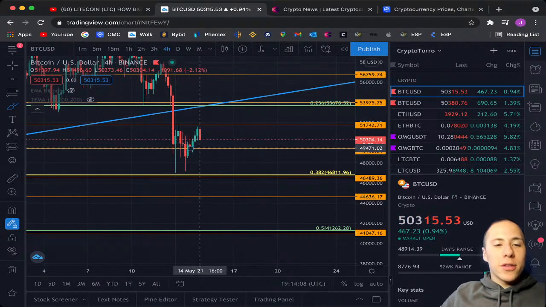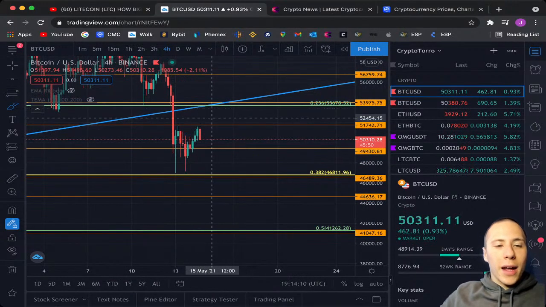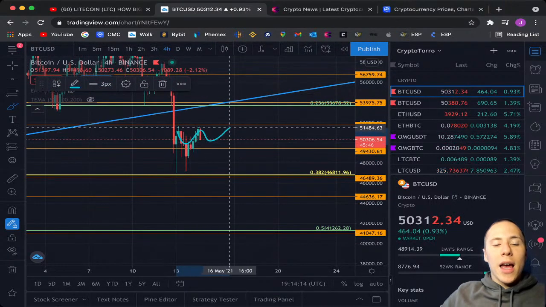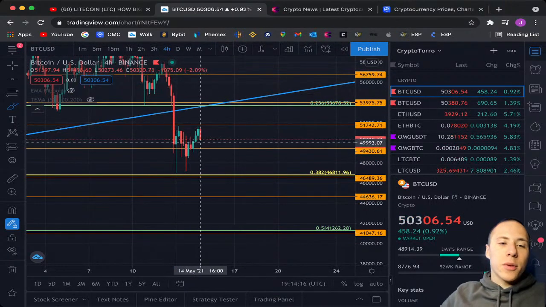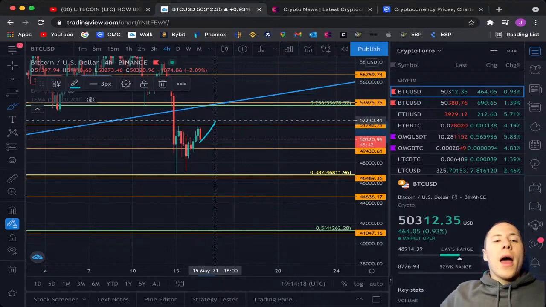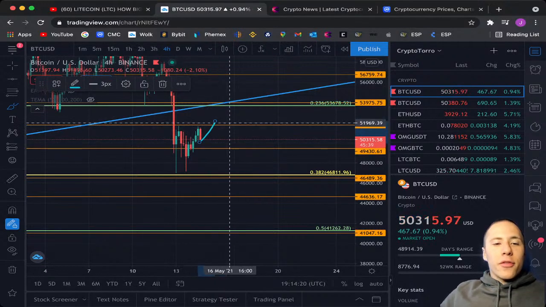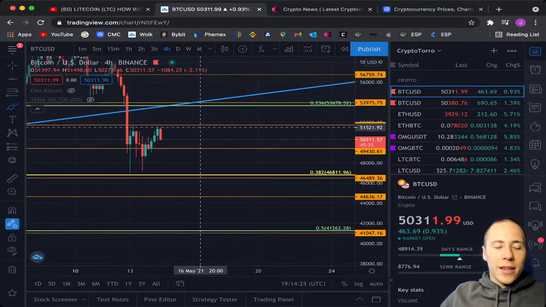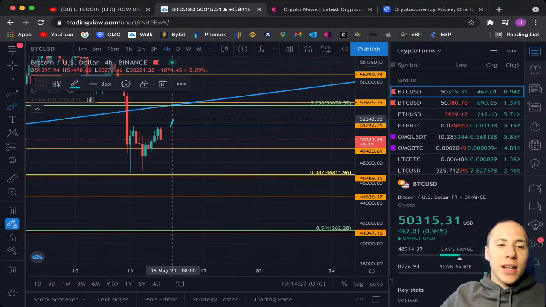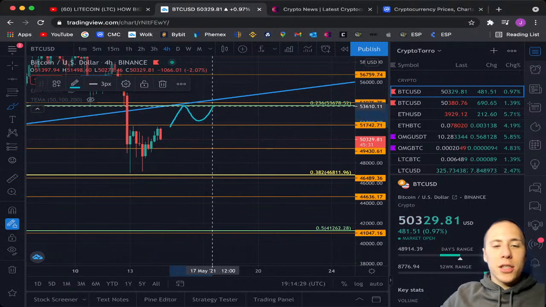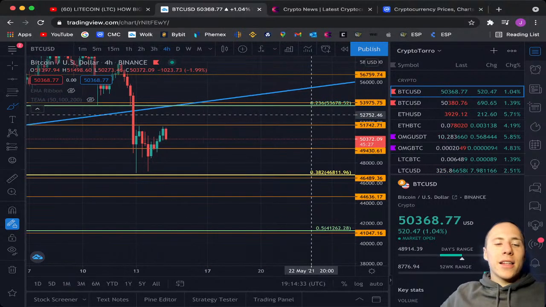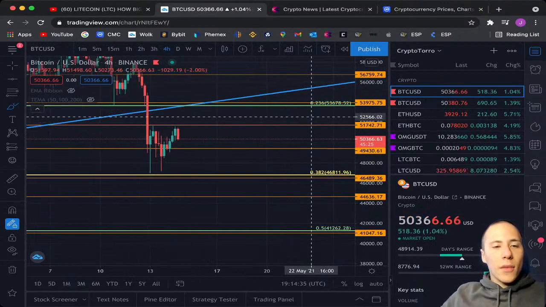As you could see in the past, this was also a level of support where Bitcoin found support, and I'm just currently waiting to see Bitcoin going further up. Right now we are trading, as you can see, in between these two levels of support and resistance. What I'm personally waiting for is for Bitcoin to go above this level of resistance and find support on it, and then trade in between this level of support and resistance, just underneath the Fibonacci level of 0.236. And I think that's very important because